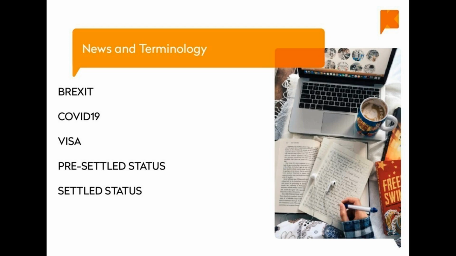Visa. So visa is the document you need in order to be able to study and live in the United Kingdom, to arrive to the United Kingdom. And this is the status that is being given to international students and human beings in general, in order to realize their life in the UK.